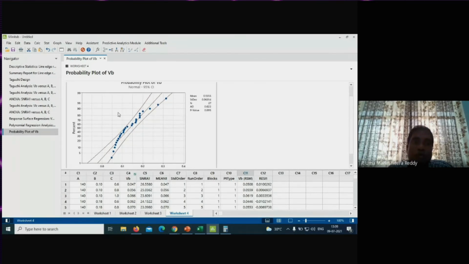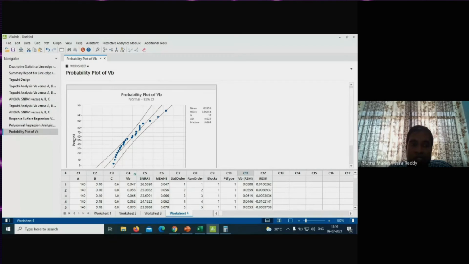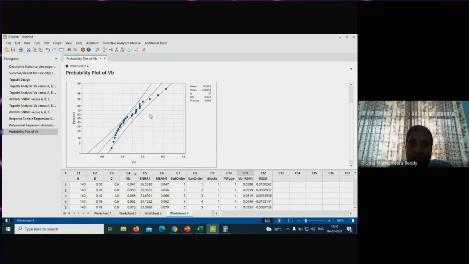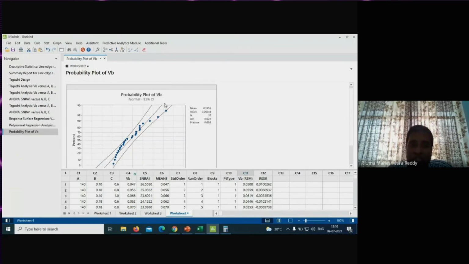Right. So now on the x-axis, you have VB values, the range as per the data you entered. On the y-axis, you have a probability percentage, 0 to 99%. You have selected this analysis for 95% confidence level. And from this probability plot, you can conclude that the data follows normal distribution, and is very, very close to the regression line.